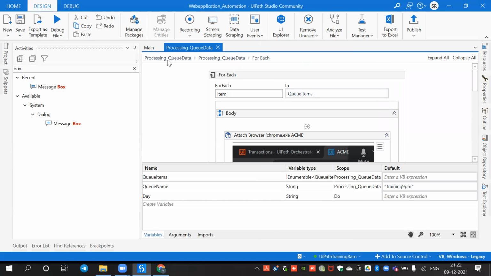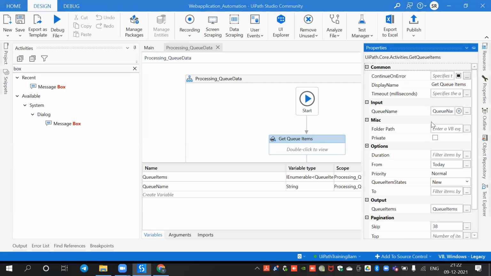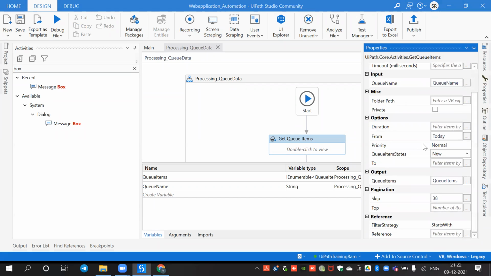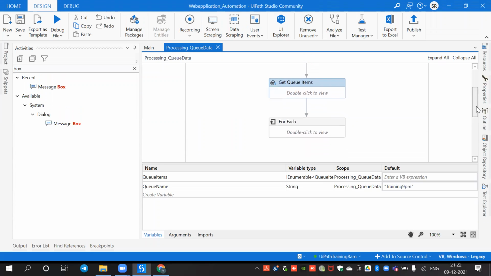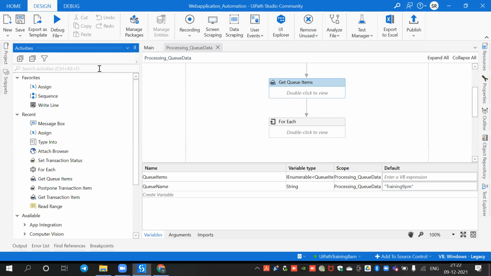So did you understand? We used get queue items. In the get queue items, sorry, here we won't get any data. Why? Because we have used here from is today. So we don't know whether we get the data or not, and without knowing that, would you like to proceed further? So what do we have to do for this? You have to use